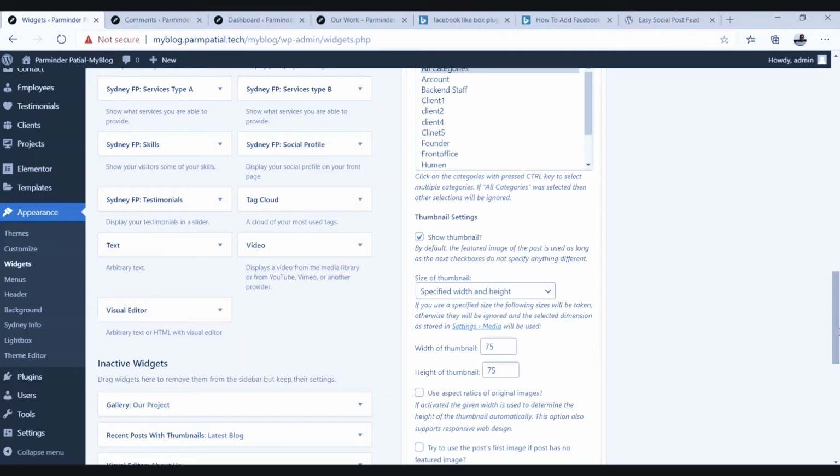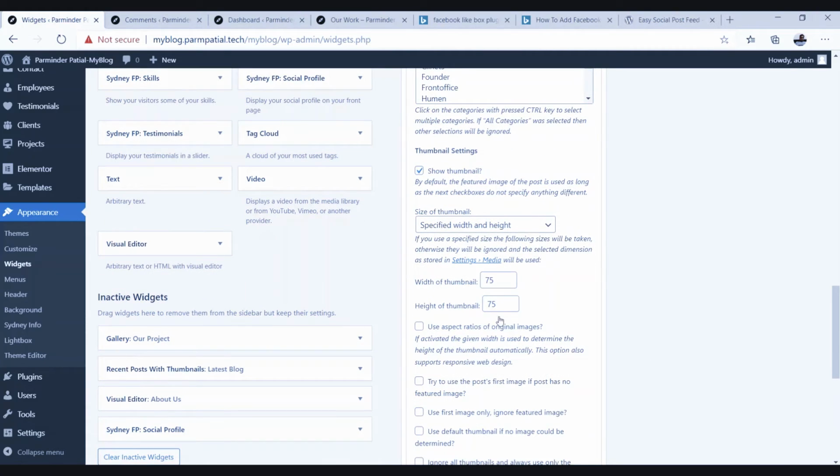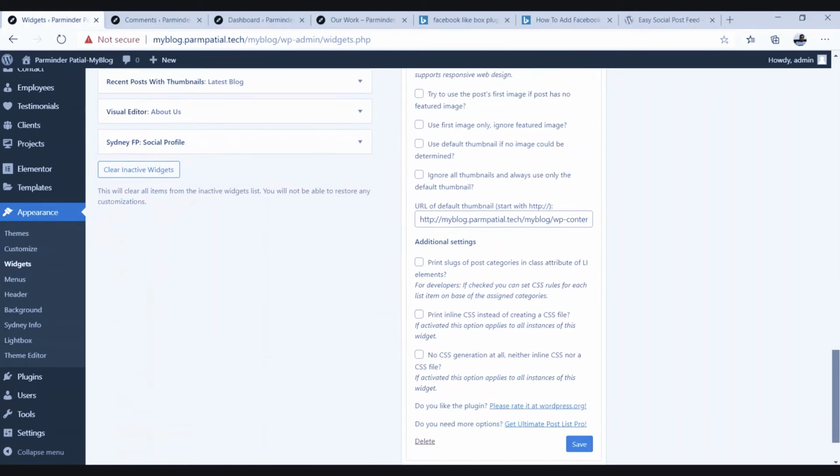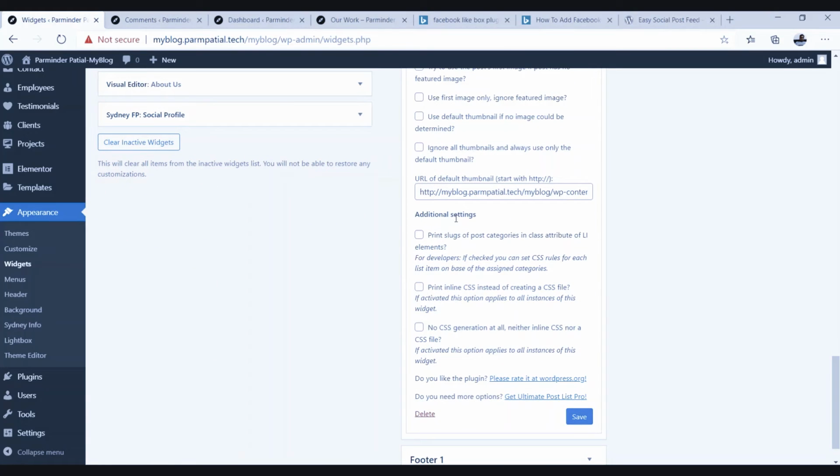Or we can show the thumbnails, which means it will display small images over there. If you want to specify the height and width of the thumbnail, you can specify, otherwise by default it will be taken as 75. And also use the aspect ratio of the images. You have two options, you have to select it from here.